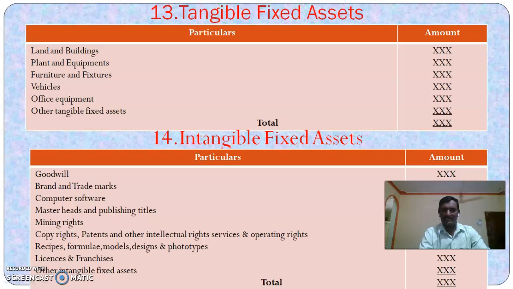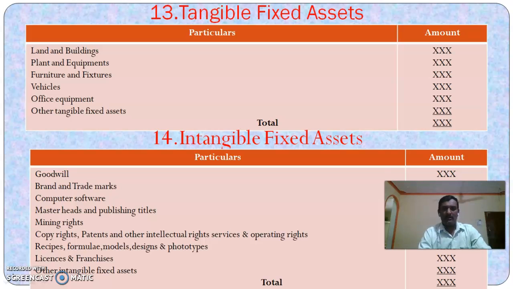Likewise, intangible fixed assets like goodwill, brand and trademarks, computer software, mastheads and publishing titles, mining rights, copyrights, patents and other intellectual rights, services and operating rights, recipes, formulae, models, designs and prototypes, licenses and franchises, other intangible fixed assets are to be taken under a separate note as intangible fixed assets, and the total is to be taken to